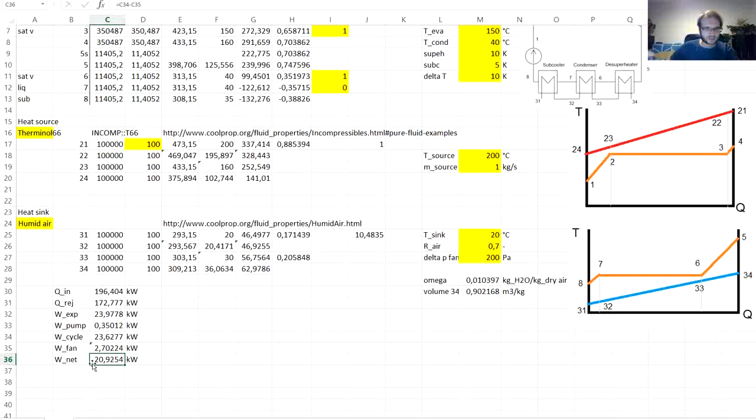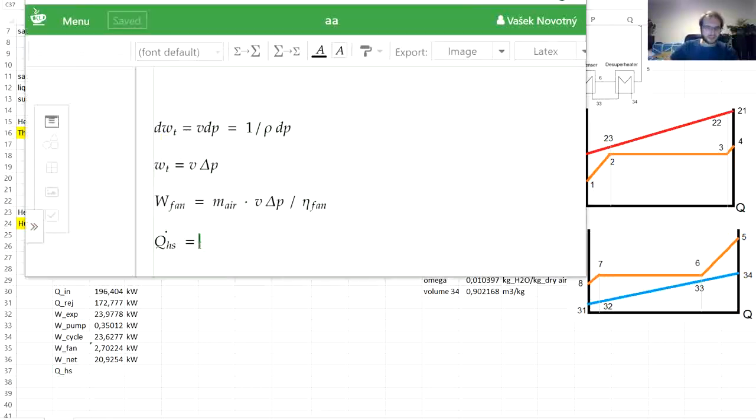So we get the network output of the system as 21 kilowatts. Now let's put in two more parameters that we will use in a moment. First will be the heat content of the heat source. Let's call it Q heat source. This would be the heat that we could extract from the heat source if we would cool it down to ambient temperature. So that is the maximum